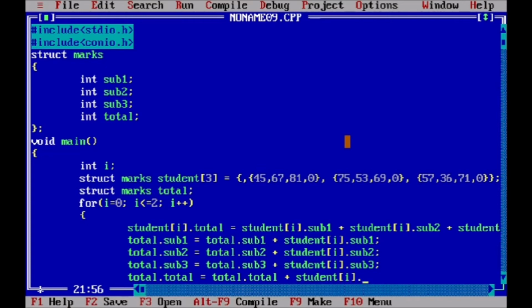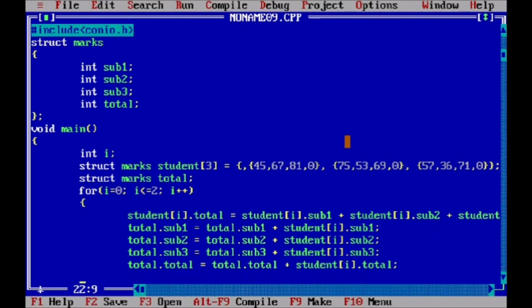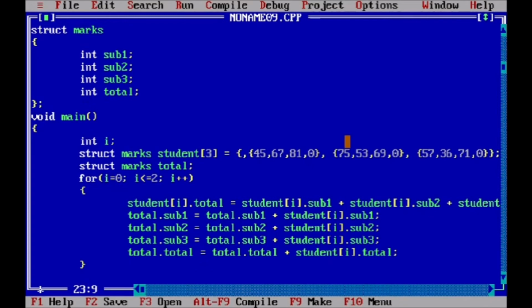So this is in the for loop, and it gives us the total summation of marks. Now we have to print this value. After calculating this, we are printing, and for that we write student and the marks of total.